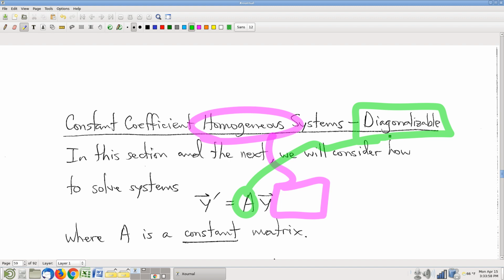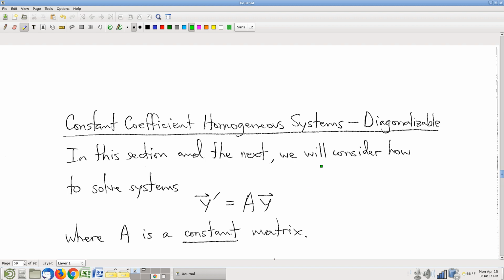So the comparison between the chapters is not perfect. We're going to spend 2 sections on the homogeneous case here compared to 1 in Chapter 4. On the other hand, the one in Chapter 4 section 4.2 is kind of huge. Okay. Also, constant coefficient, just like in Chapter 4. Alrighty, with that said,